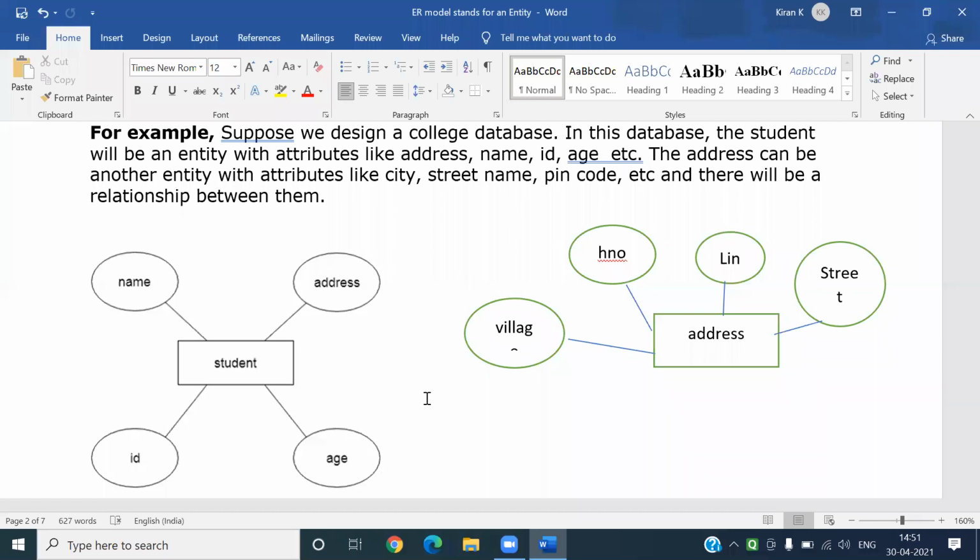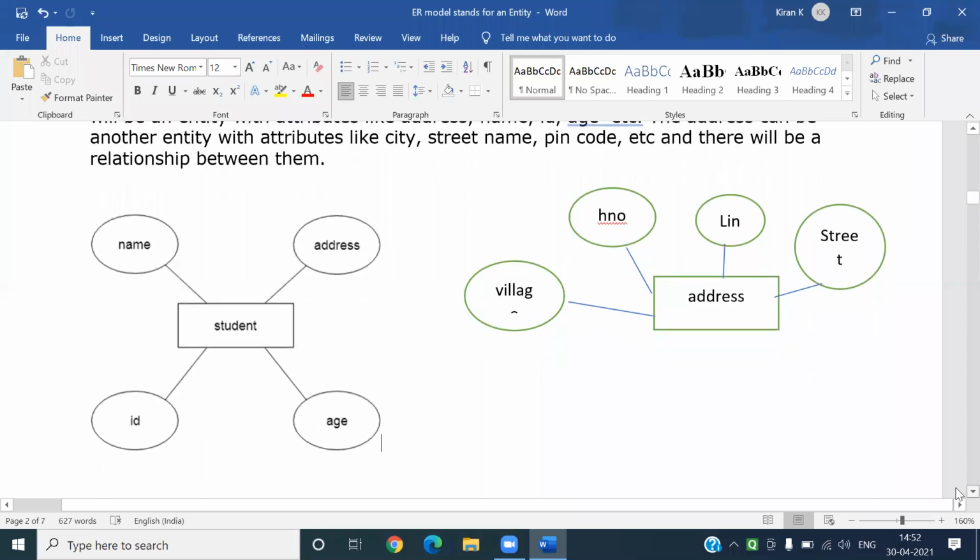So likewise, an entity can be easily constructed with a diagram called an entity diagram. Here, an entity is represented with a rectangle, and attributes are represented with circles. This is it, right?